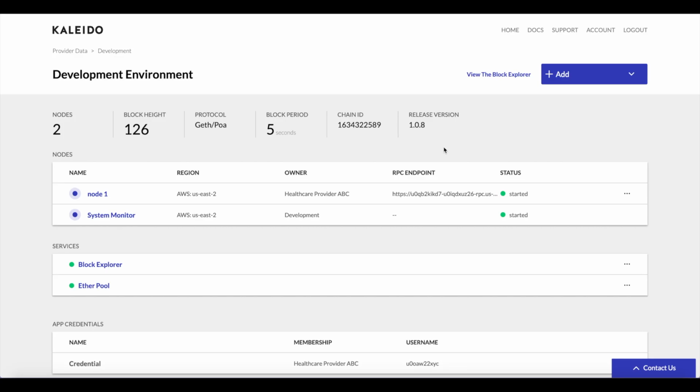So we're adding new features by the day at Kaleido to provide more extensibility and more flexibility as you're building out